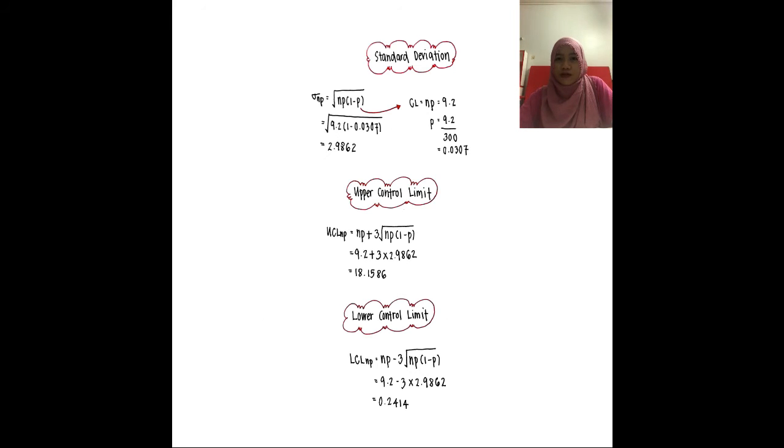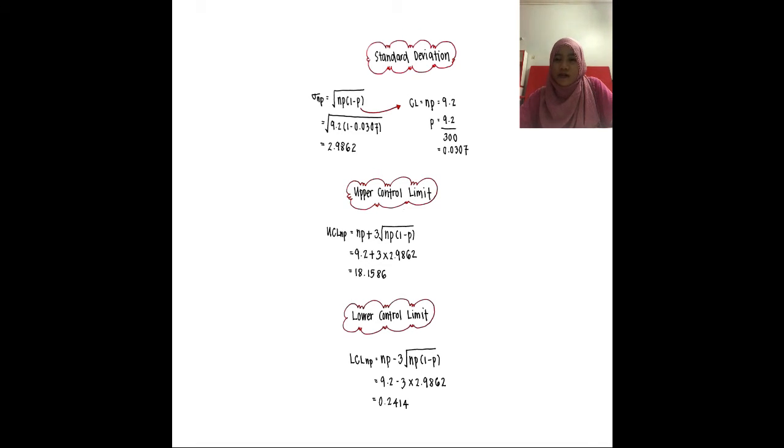So I would like to show you how to calculate manually the standard deviation, the upper control limit, and the lower control limit. For the standard deviation, we use the formula square root NP times 1 minus P. But we need to find P first. So central line equals NP, which is 9.2. So we get P equal to 9.2 over 300, n equal to 300, so that we can get